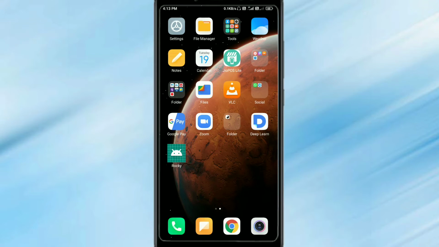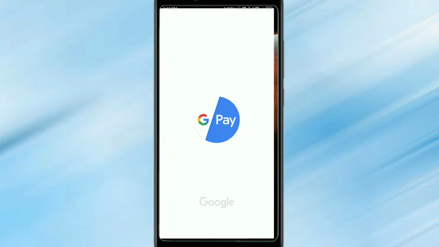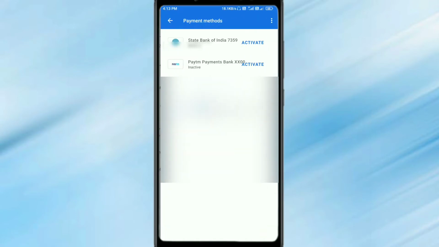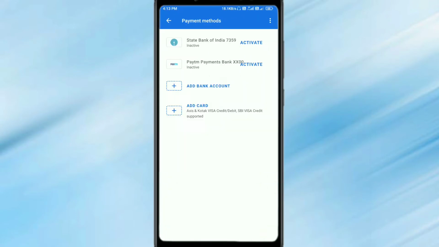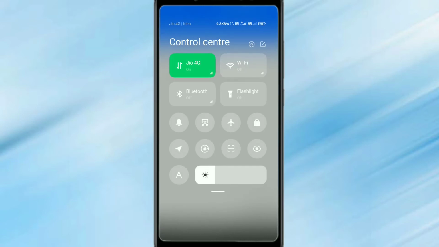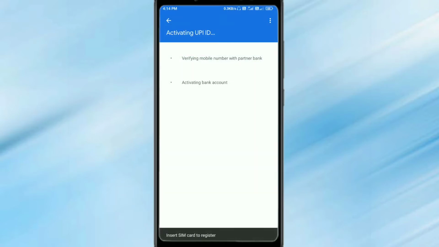So, guys, first I will show this insert SIM card error problem in my device. I'm already logged into the Google Pay account. But when I am trying to link the bank account in Google Pay, here you can see that it says insert SIM card to register. Though in my mobile the Jio SIM is already inserted, it is asking to insert the SIM card to